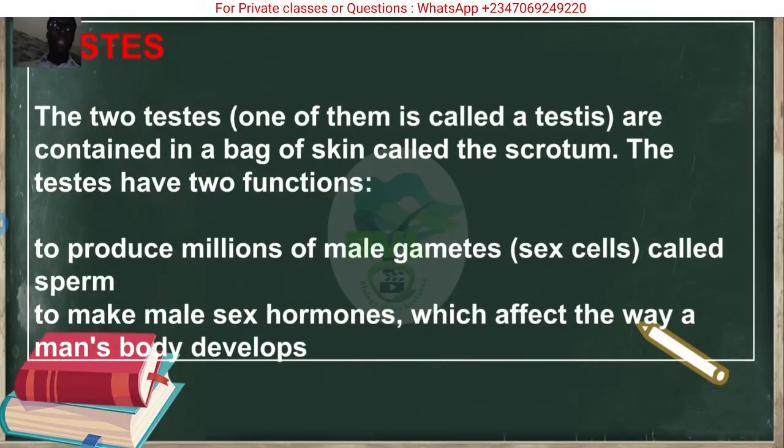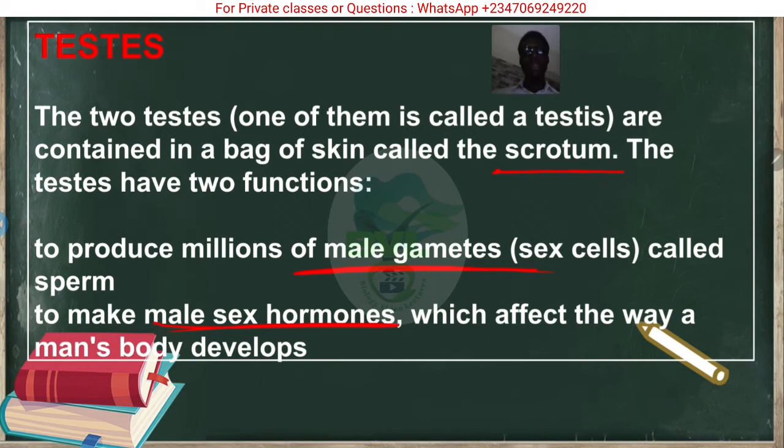All right, so let's see what the functions of each of these things are. So the two testes, one of them being a testis, are housed in the scrotal sac. It can also be called testicles, testicle singular, testicles plural, but either way. Now what's the function of the testes? It is to make the male gametes, which are called sperm cells, and also to make the male hormone,